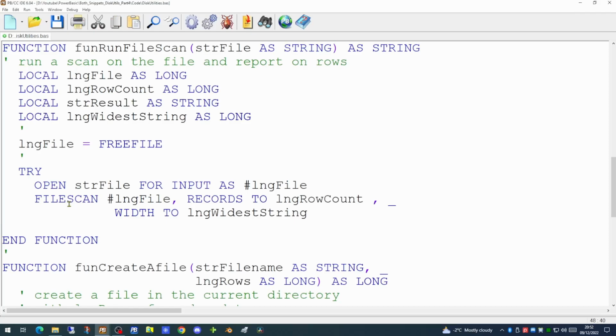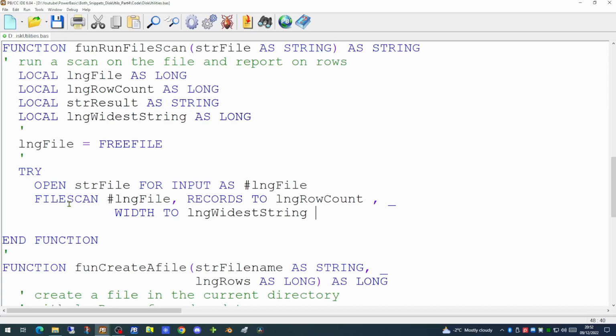Once your file has been opened, you can use file scan followed by the file handle and the words records to. And this will generate a value within the row count variable of the number of records it finds within the file. This is on the assumption that our file is a Windows file with a carriage return line feed at the end of each row.